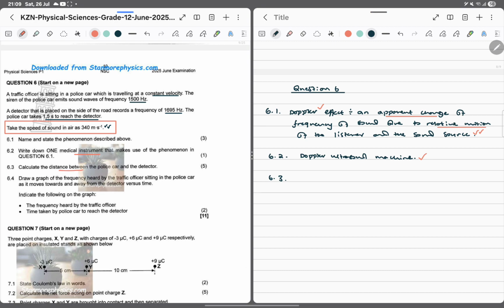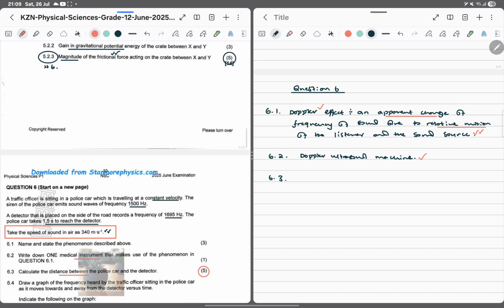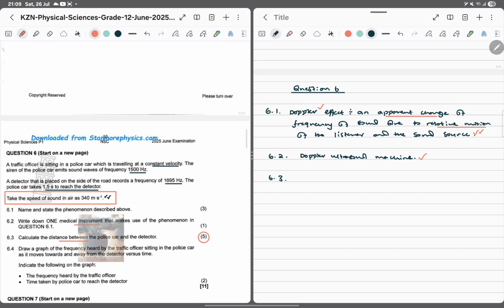Calculate the distance between the police car and the detector. As you can see, it's a 5-mark question, so first we need the speed of the source, because we are given the time it took to get to the detector. And since it's doing constant velocity, see that formula we just used above? And you see guys, when you play with things, let's say we were not able to answer this question right here, but as soon as we get to this one, we would get an idea about